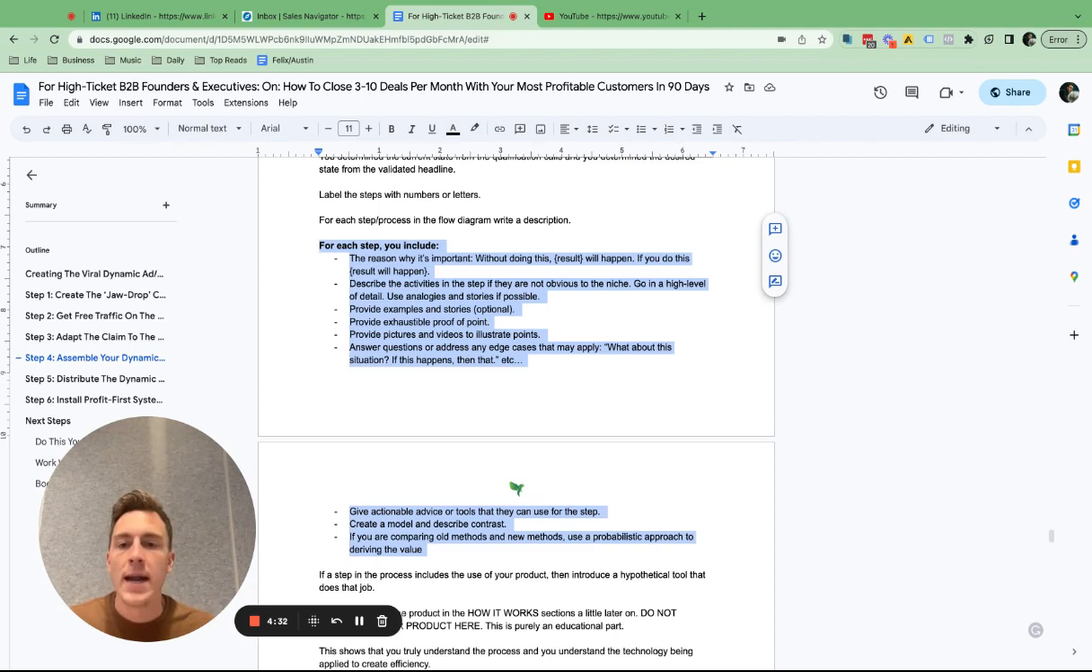All right. Next, you're going to provide examples and stories. Okay, so this is slightly optional, but it helps if while you're describing that first step that they're taking or the second or third step that they're taking, you actually pull in customer stories. All right, because if you're doing this, it helps give context to new clients and customers that come into your business,